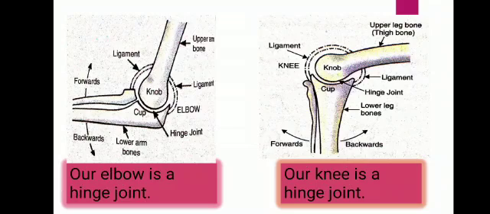Same about the knee joint also. Now let's try to bend our leg at the knee. We will find that we can move it only in one direction. The knee joint is a hinge joint. See in the diagram, here also a knob and cup are present. At the knee, the lower end of the upper leg bone, that is the thigh bone, is in the form of a knob, and the upper end of the lower leg bones is in the form of a cup. Now the knob of the upper leg bone fits into the cup of the lower leg bones.